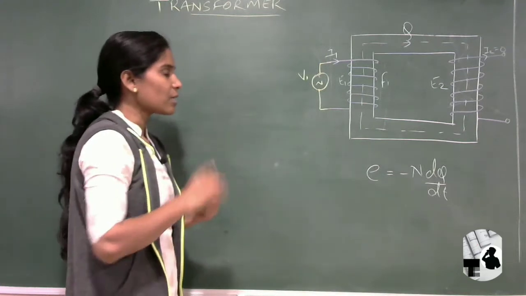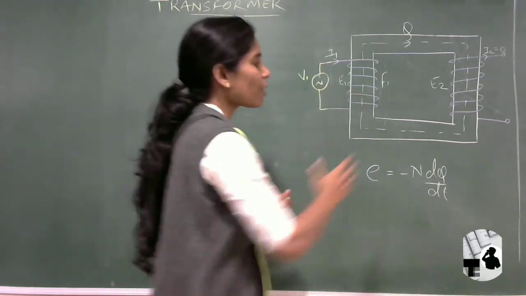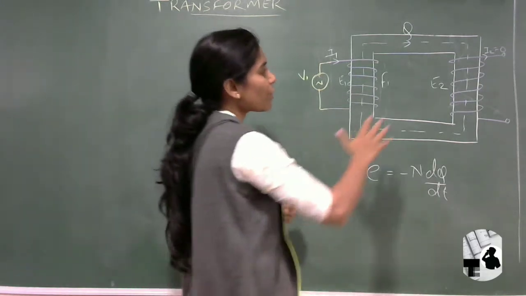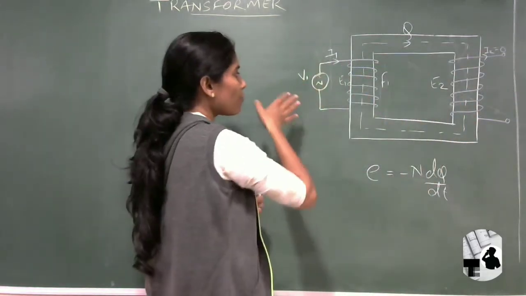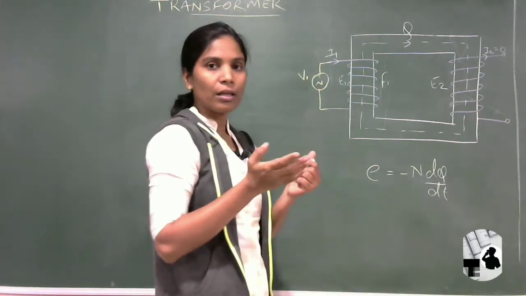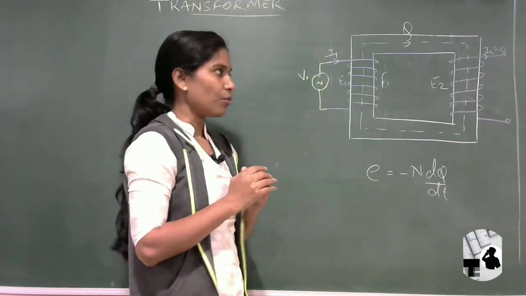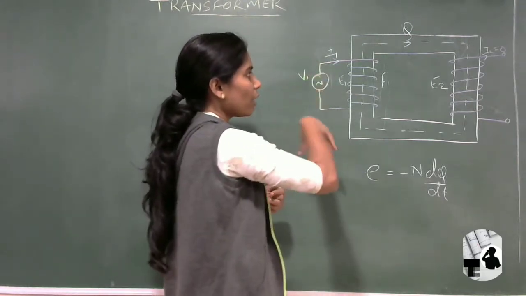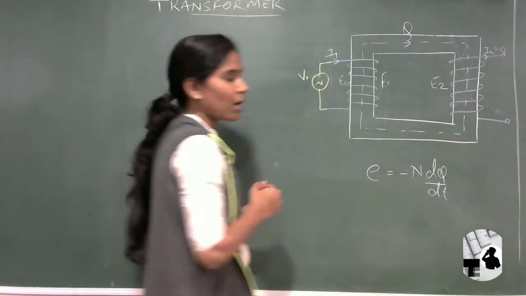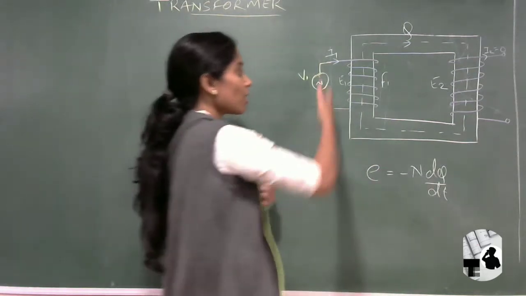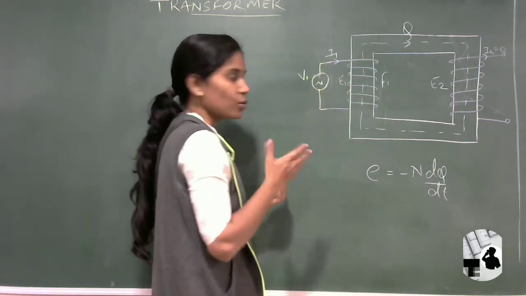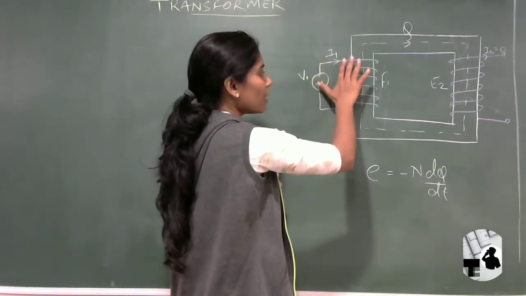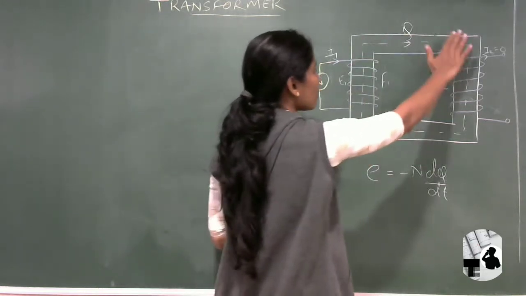Now the case is that if we are not getting any output because load is not connected, then why are we feeding the input? If output is not there, then input should be 0, right? But still we are giving the input and we are doing some work, and after that we are getting output as 0. So where does the complete work which is coming from the input side go? So that work is utilized for what? Whatever current we are feeding here, that is utilized for the magnetizing effect of the transformer.